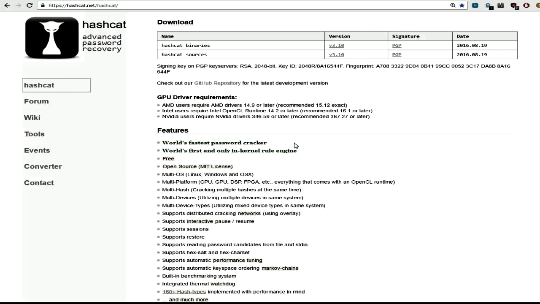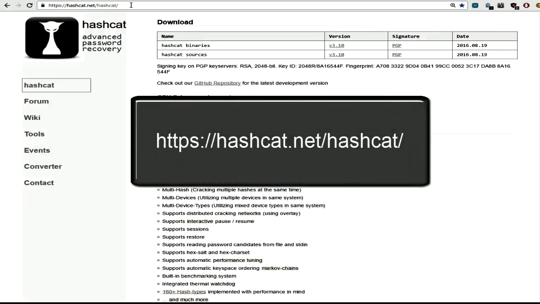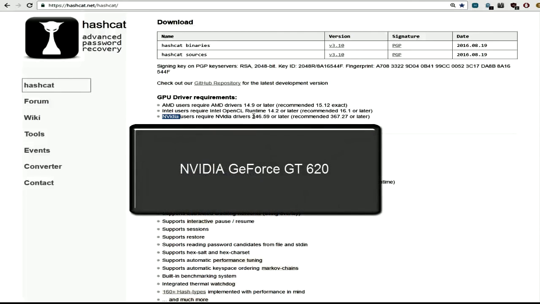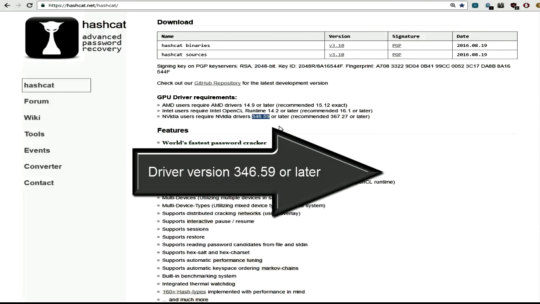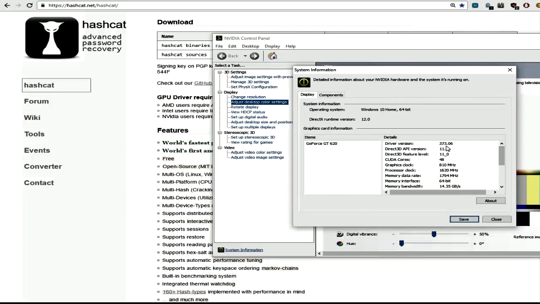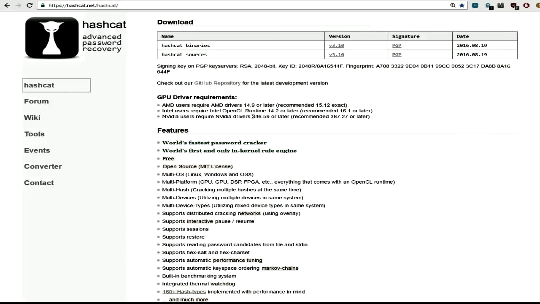Now, the first thing you need to do is go to the page for HashCat, which is hashcat.net. First of all, you should realize there are some requirements. I'm running an NVIDIA card, and I needed to make sure I was at this version of the driver or later, which, checking on my machine, I definitely have reached. I'm at 373, and it looks like the specification is for a minimum of 346.59, so I'm well beyond that range. So you may want to make sure that you've got these specs